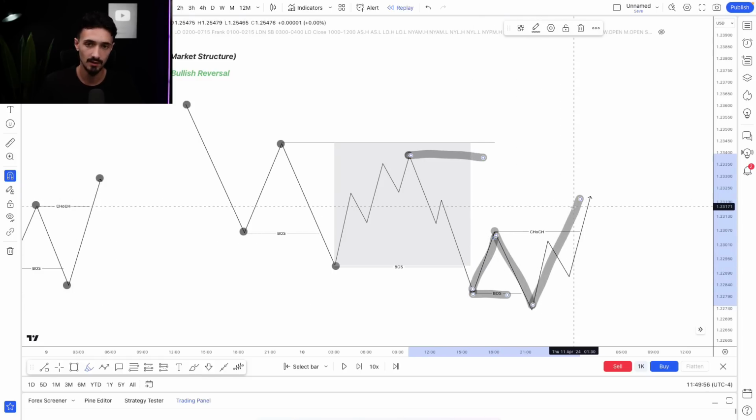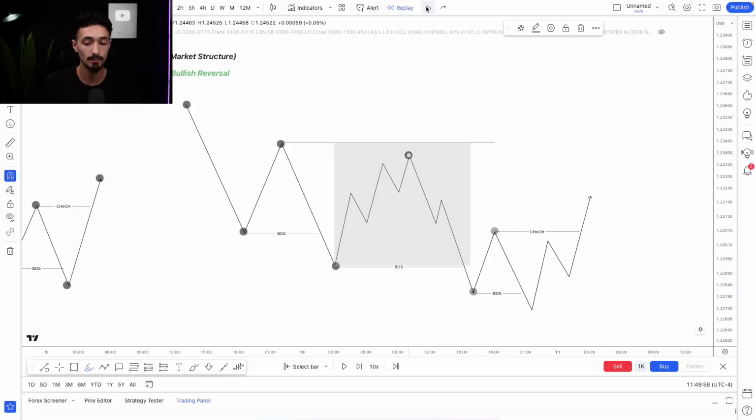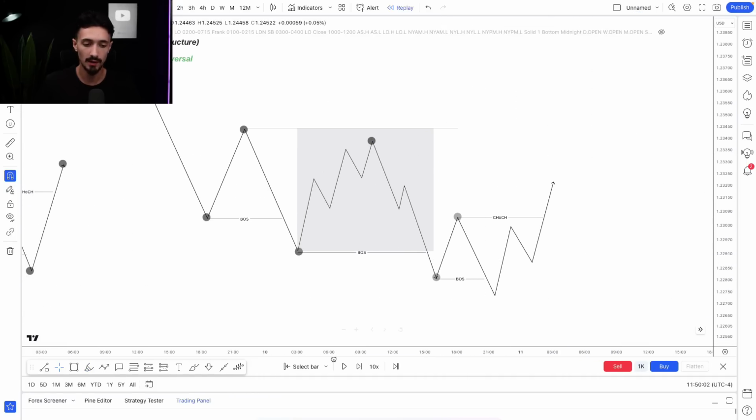Changes character. So we've changed character again now in the reversal from bearish to bullish. So what would we be looking at now? We'd be looking at long in the market. But remember, we are interested and we know that this right here is the low and this right here is